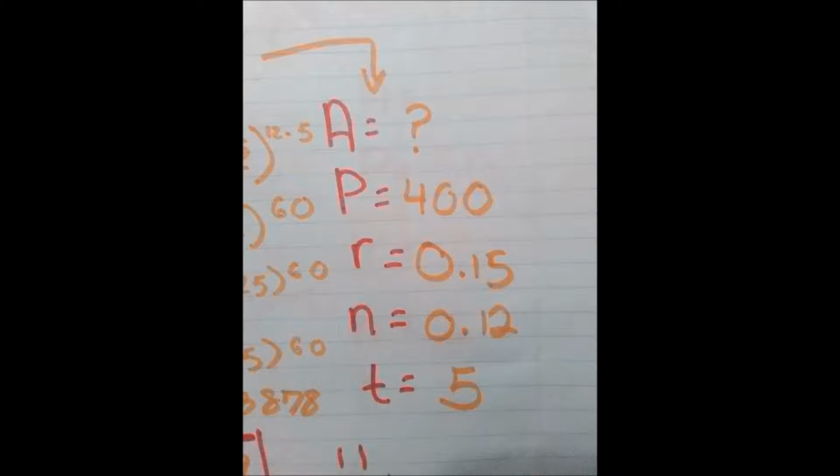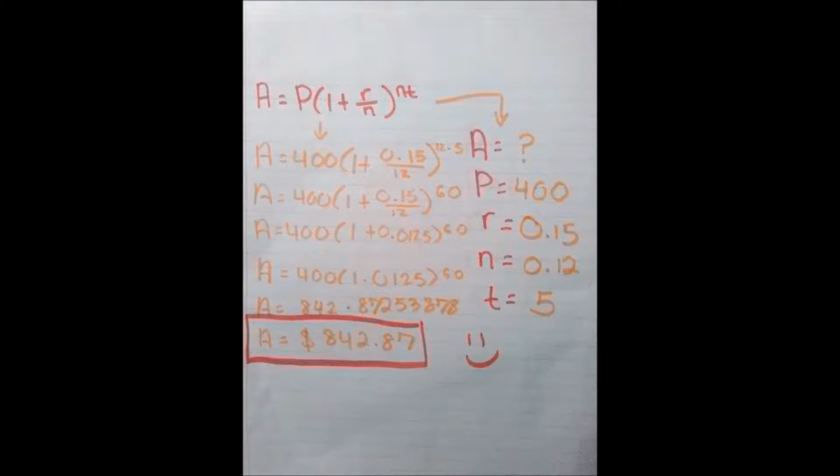We'll begin by first forming a table of values, filling in all of the values included inside of the equation, aka the variables A, P, R, N, and T, with the values from the original word problem. We begin solving this equation by starting with the exponent on the outside. 12 times 5 becomes 60. Afterwards, we move into the parentheses. We simplify everything that's inside of the parentheses until we get